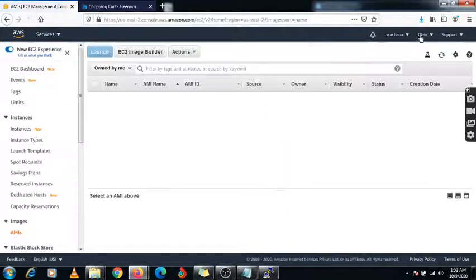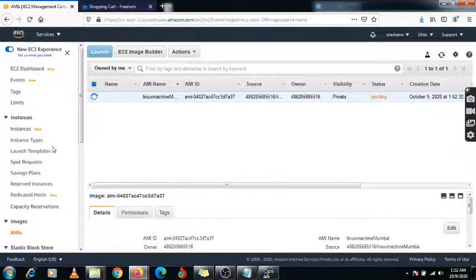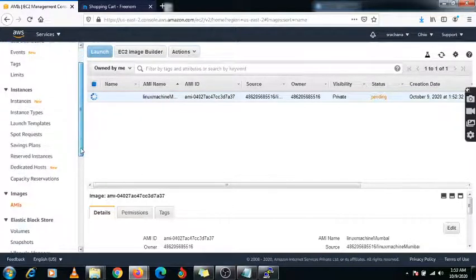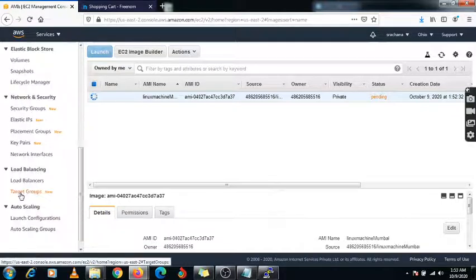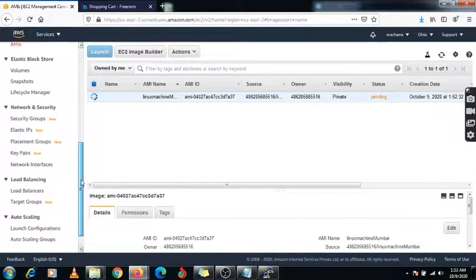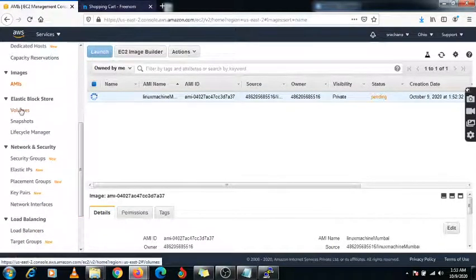Now I am in the Ohio region, and you can check under this AMI, this image is now going to be created, right? Linux machine from Mumbai. It will take some time. Also you can check under this volume. Two volumes will again be created with the two snapshots.